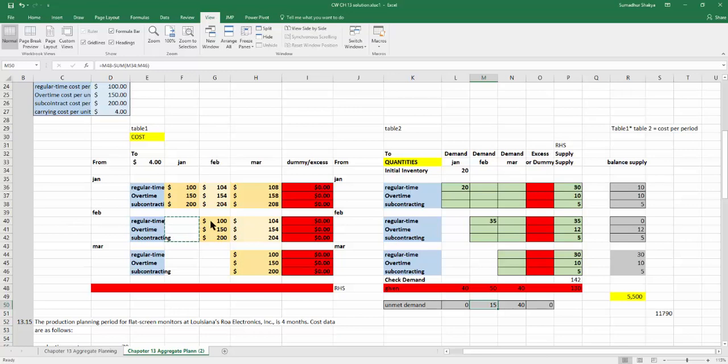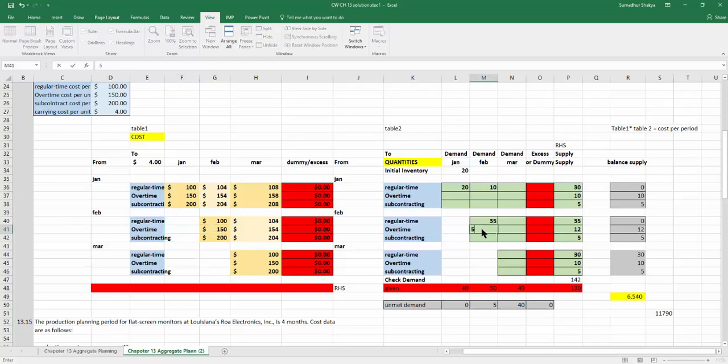Therefore, of this 15, I'm going to produce in the month of January a maximum of 10 at the cost of $104. Okay, now my options at this point in time are limited. I cannot produce anything in the previous month because I've used up everything. If I was to produce in last month at the cost of $150 and then bring it over, it is